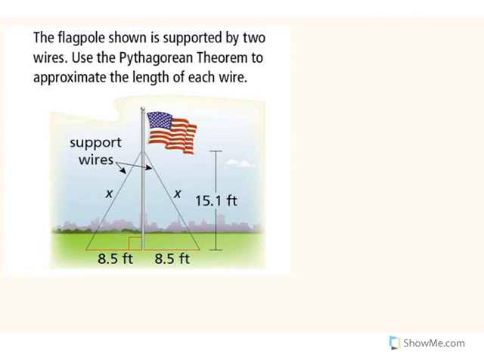So you don't have to do this problem twice, right? You have a triangle over here and a triangle over here, but they're the same triangle. So you're really only looking at one of the triangles, right? Okay, so we've got a right triangle. Our hypotenuse is our x, right? So we're going to have x squared equals 8.5 squared, that's this guy. And then this is this, so